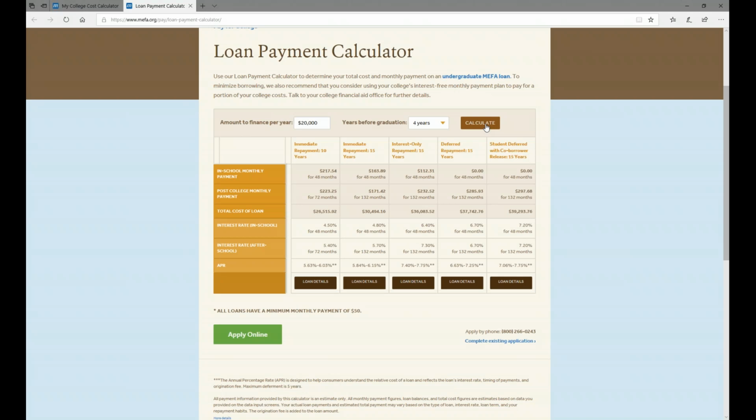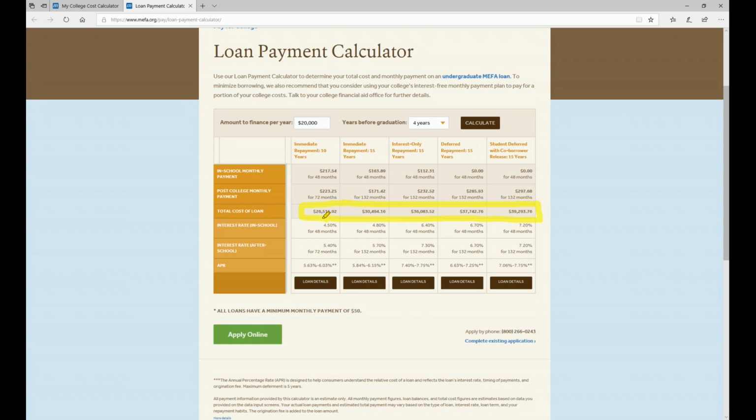So what I like about this calculator is it helps to estimate what the monthly payments will be based on the different options they're looking at for schools, whether they have to borrow $20,000 at one school or $16,000 at another. They can run those numbers. The other thing I like to also point out, especially if the student is going to be expected to help make those payments back, is what is the total cost of the loan? So that's a very important number for families to look at.